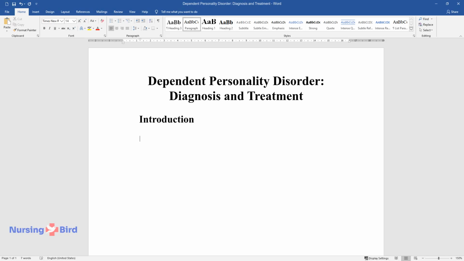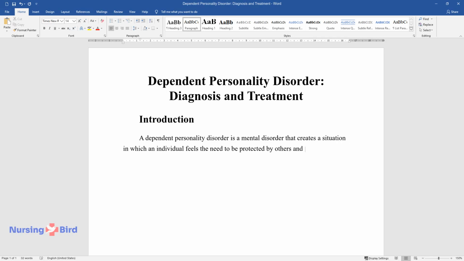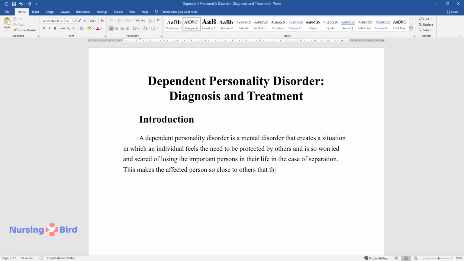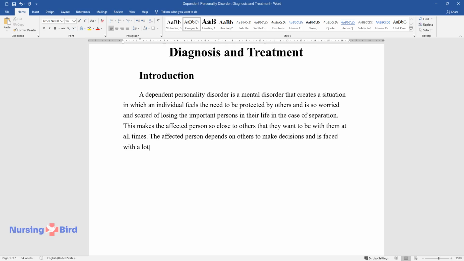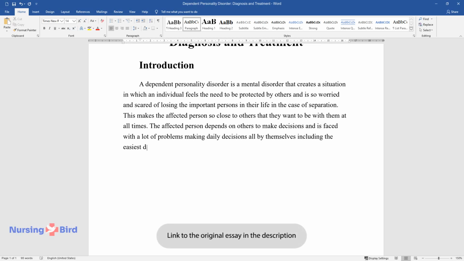Introduction. A dependent personality disorder is a mental disorder that creates a situation in which an individual feels the need to be protected by others and is so worried and scared of losing the important persons in their life in the case of separation. This makes the affected person so close to others that they want to be with them at all times. The affected person depends on others to make decisions and is faced with a lot of problems making daily decisions all by themselves, including the easiest decisions such as what clothes to wear or what to take